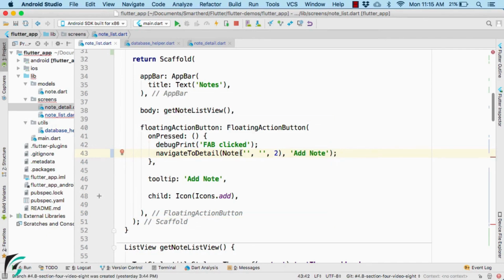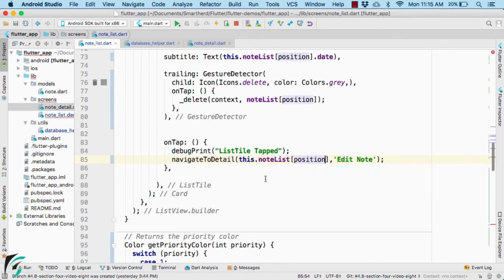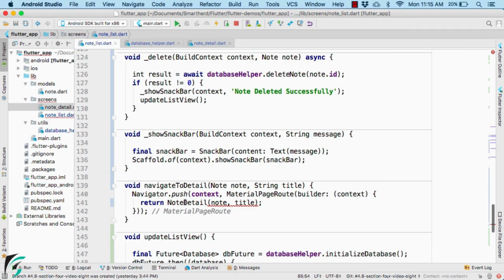Now similarly update this function within the onTap event handler of our list view. So here again pass the note object, which is actually getting clicked. So I will use this dot noteList at a particular position which was tapped by the user. As simple as that. And now it is time to update our note detail constructor